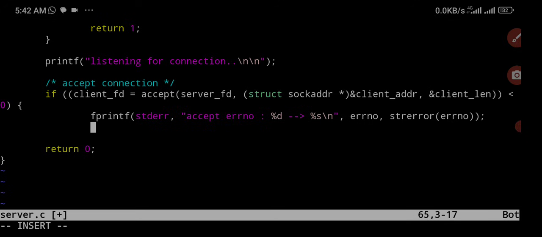So if we encounter an error, we are closing, this time, the client. Remember, we're closing it in the client file descriptor, but that is where we return to. If you can see it here, that is where we return to the acceptance. So if there's an error, we print the error and we close. So I'll just comment this, say close